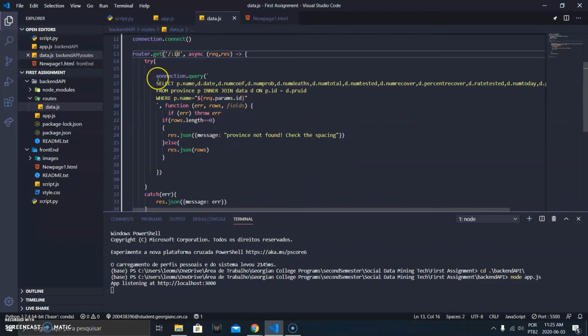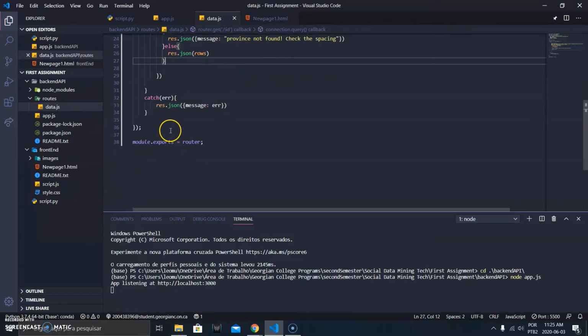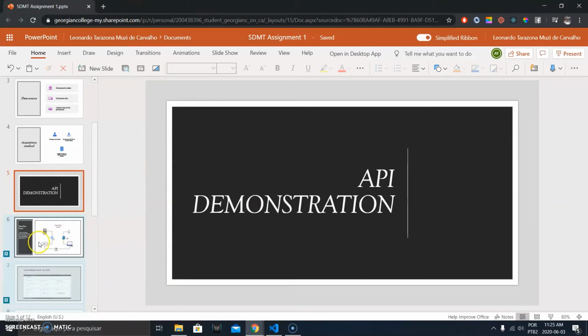So this will happen by running a query. We're selecting all the data for the province and doing an inner join here, joining the province ID with the ID that was inserted into the province table, which will be shown later. And we're filtering by the name of the province, and it will return a JSON object. So basically that's our backend,